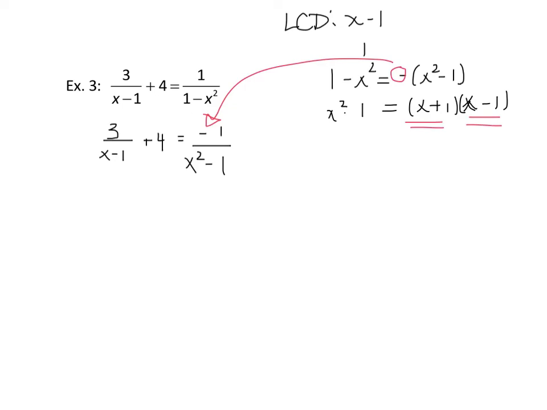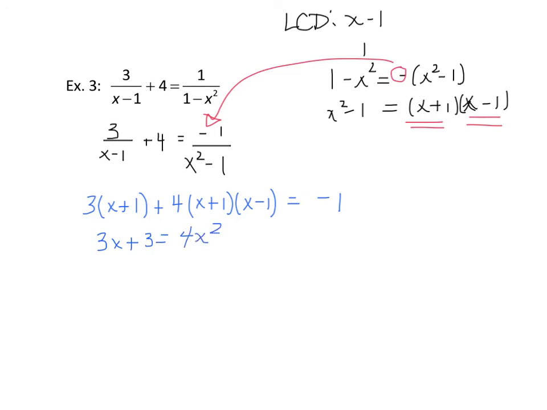Multiplying each term by that LCD, I have 3 times x plus 1, considering the x minus 1s will cancel, plus 4 times x plus 1, x minus 1, equals negative 1. The x squared minus 1 in that last fraction is the same denominator as our LCD. So distributing, I now have 3x plus 3 plus 4x squared minus 4